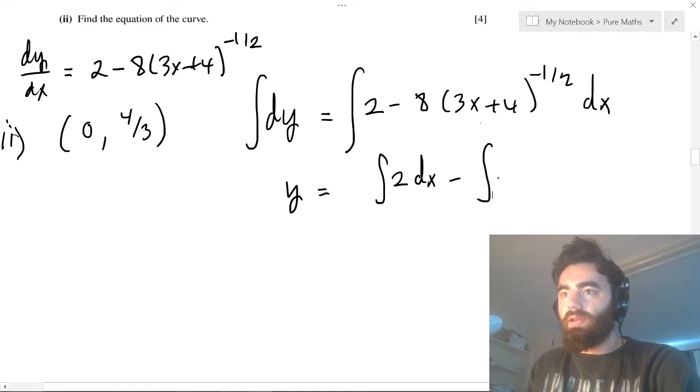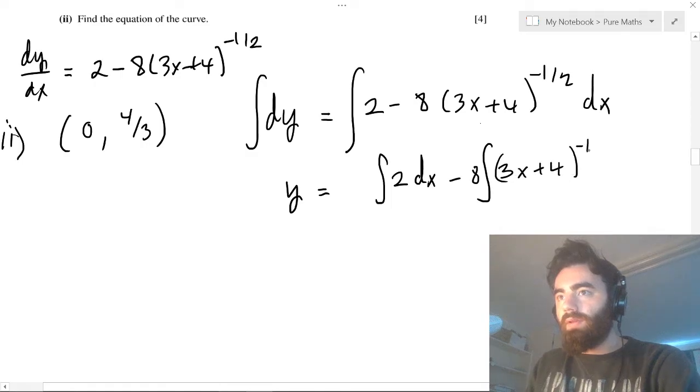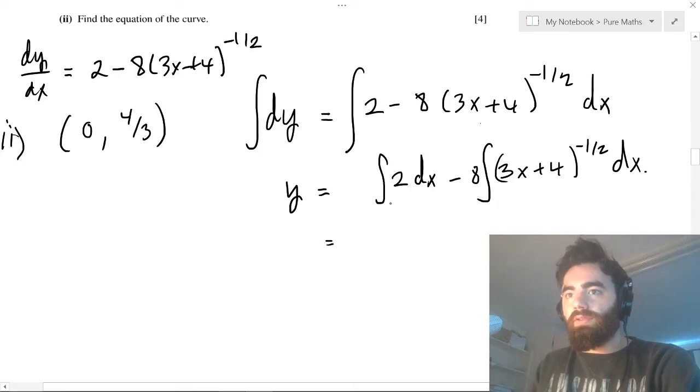You can take this constant out as well, it's just a constant of the integral of (3x + 4)^(-1/2) dx. Well, this just becomes 2x minus 8 times